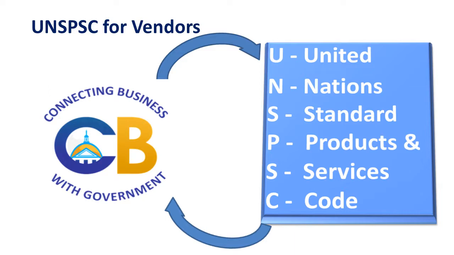The Combis Market Center uses the United Nations Standard Products and Services Code, also known as UNSPSC, to code the goods and services being purchased by the buyer and to code or identify the goods and services sold by vendors. During registration, vendors must select at least one commodity code in order to complete the process. The selected commodity code matches the goods and services provided by the vendor.